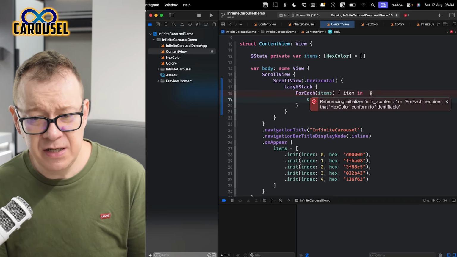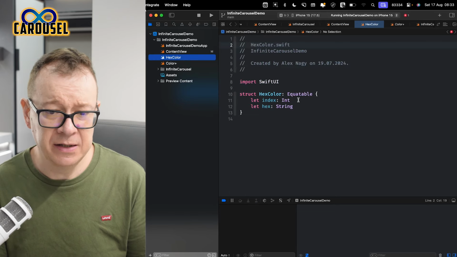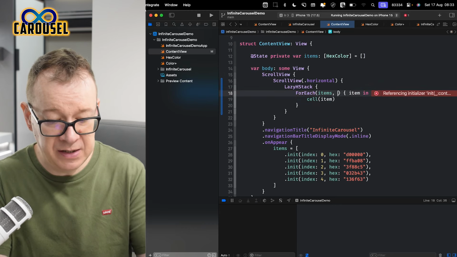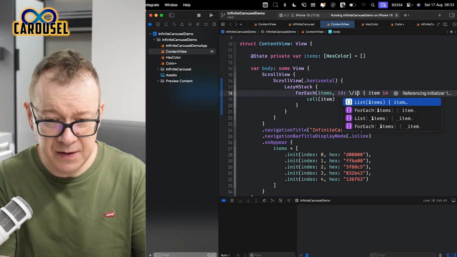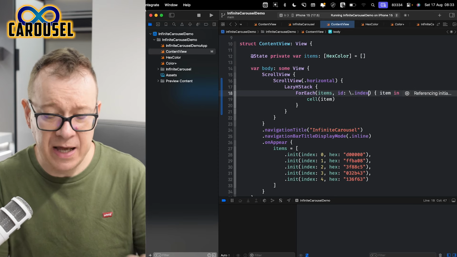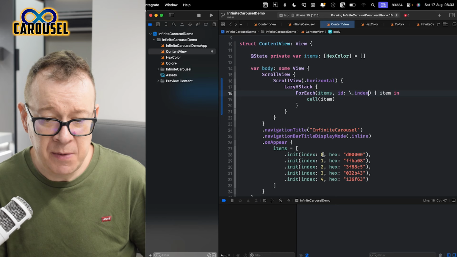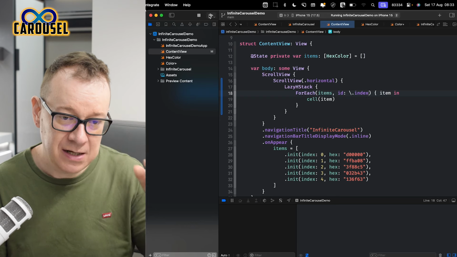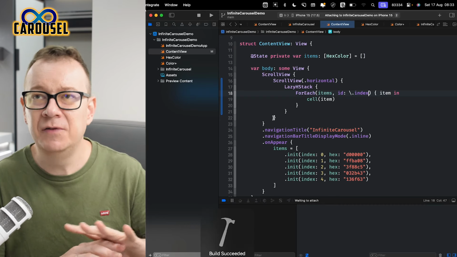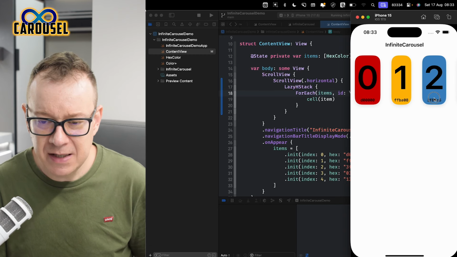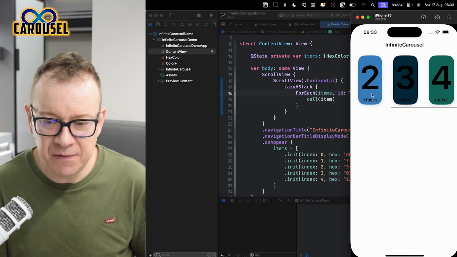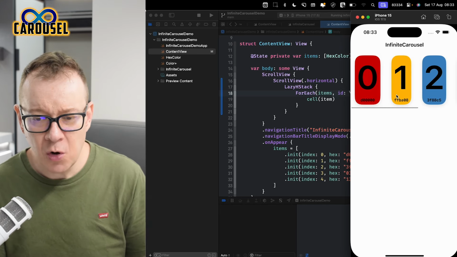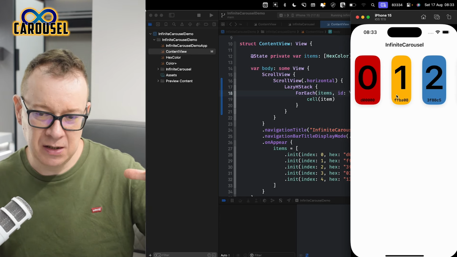Of course, we would just need to have the hex color be identifiable, but I'm not going to go that route. We don't really need that with the infinite carousel. I'm just going to provide the ID of the index, and that will just be identifiable because, as you can see, the indexes are 0, 1, 2, 3, 4. Okay, so let's see how this looks. Let's build and run and see what we got. This is the universal approach, and as you can see, it just adds them in there. That's fine. Okay, but first of all, it does not automatically scroll,